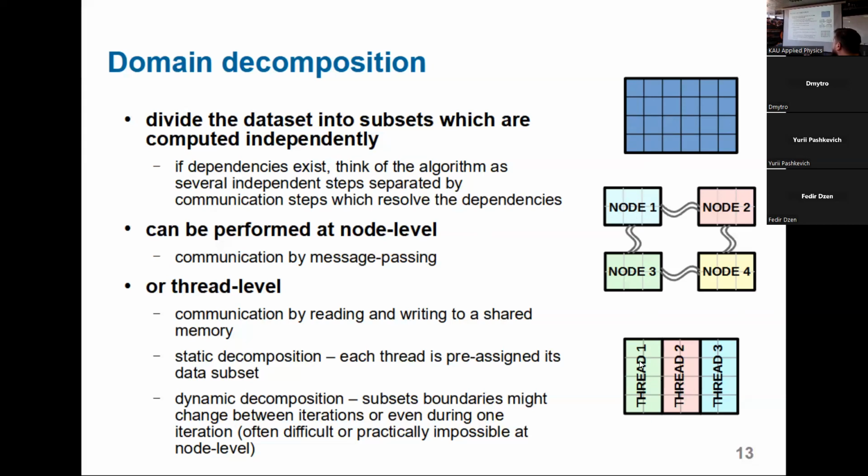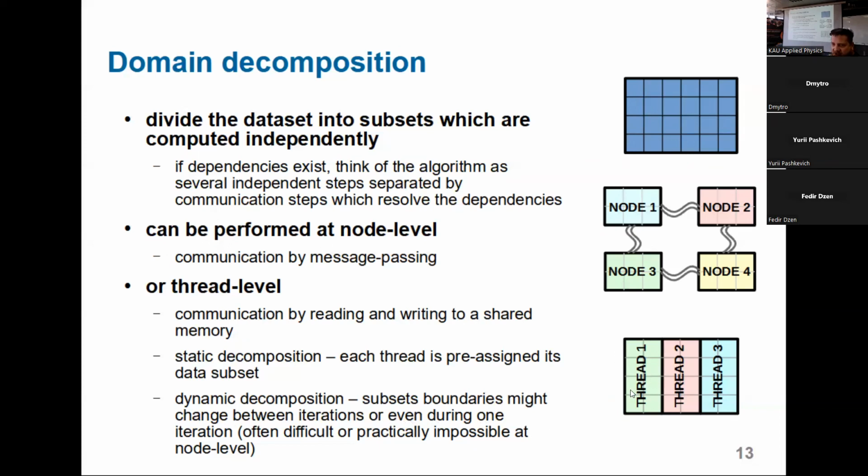I can also give those threads some static predefined limits and let them only operate within those limits. Or I can do dynamic decomposition where those limits change between iterations,